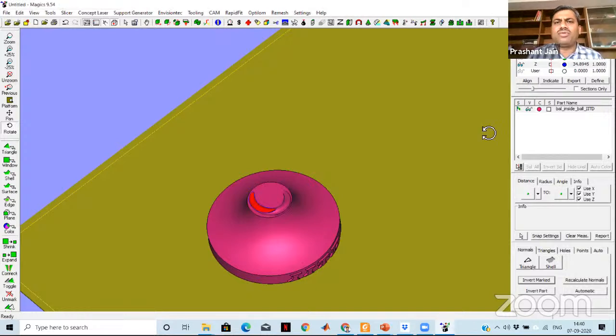At this height, what is going to happen? We will have only this much portion to solidify. So only in this area the laser light will come and it will deposit, right? Now you see, what is happening? Only the first sphere is getting fabricated.